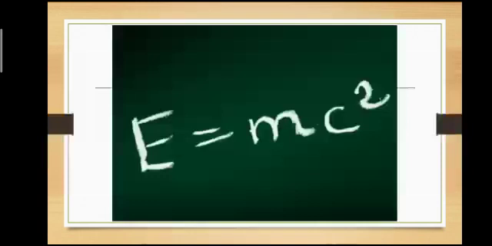Come to the last point. The mass of an atom can be converted into energy. In the fourth point, we have seen that uranium atom has a particular mass. When uranium atom is attacked by neutrons, it gives a huge amount of energy. From this we understood the mass of an atom can be converted into